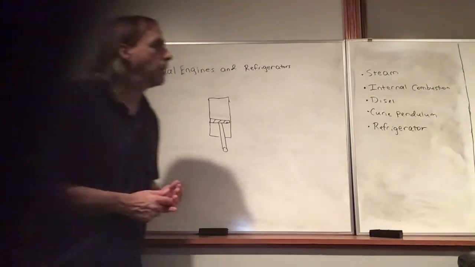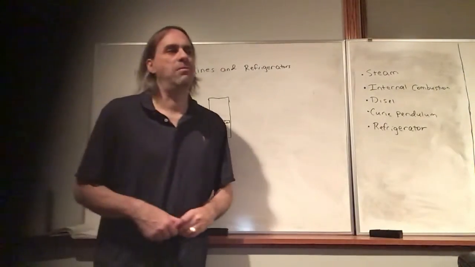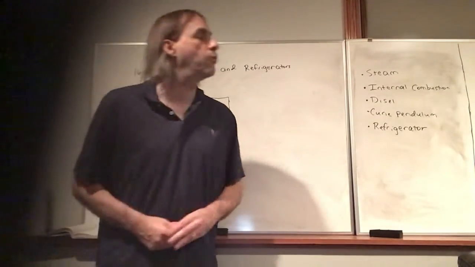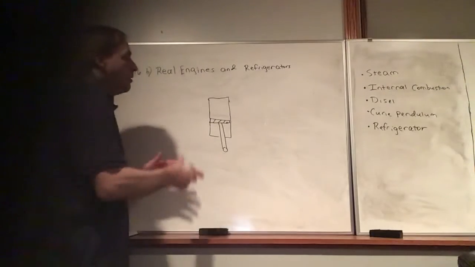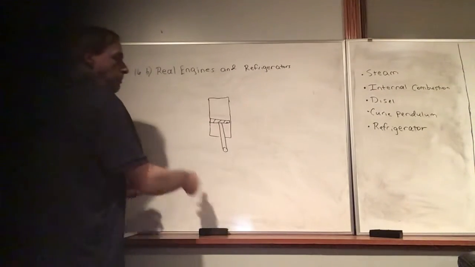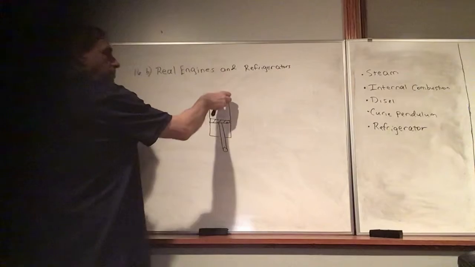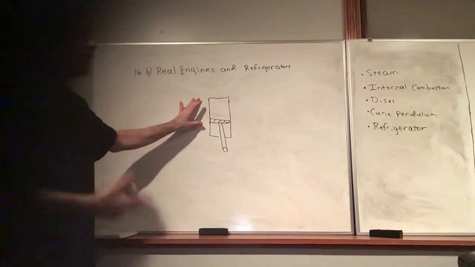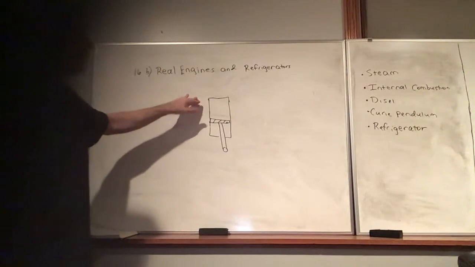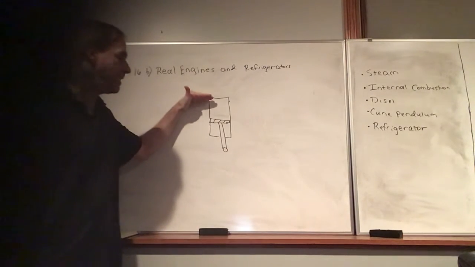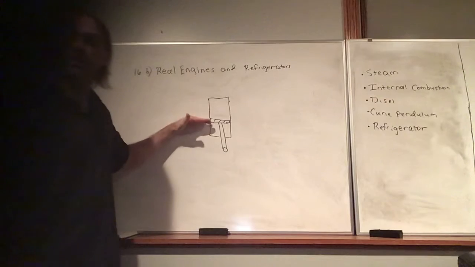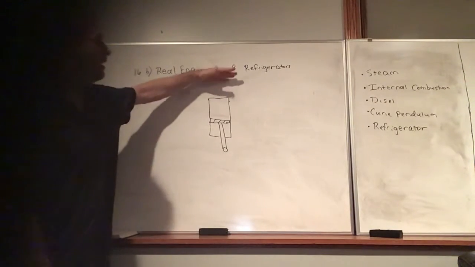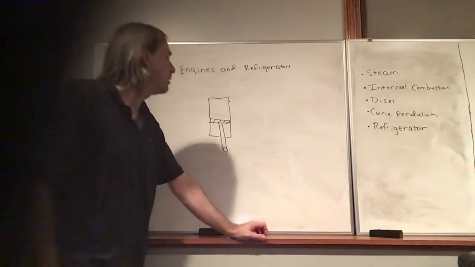Now, old-fashioned cars, probably before the 80s, I'm not sure when they changed this, it was a gradual process, but in the old days, what they used for this intake, where you get the gas and air into the cylinder so you can compress it and ignite it, they used something called a carburetor, where it's just based on the partial vacuum that's created when the piston moves down. So that gas expands and lowers the pressure,